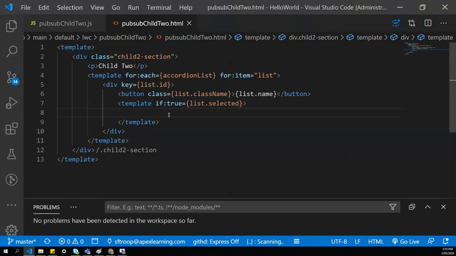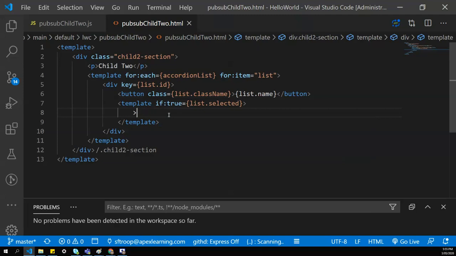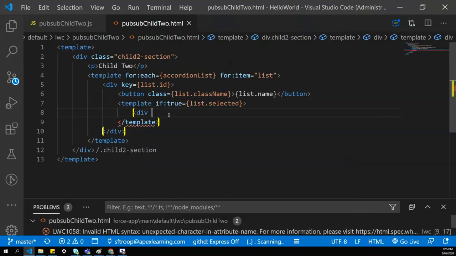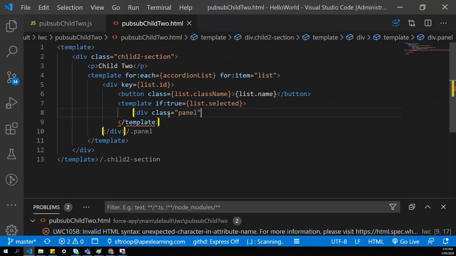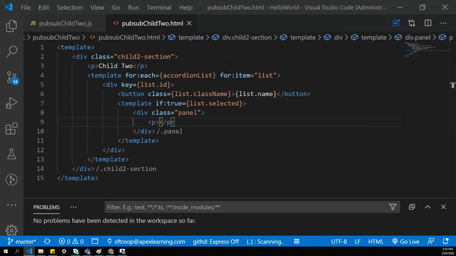The panel, so we'll create a panel first within this. In the panel you can add any random data, so we'll add the most common random data, lorem epsilon.